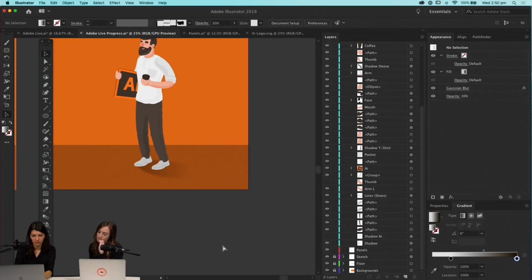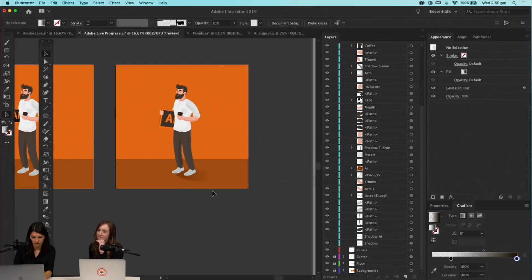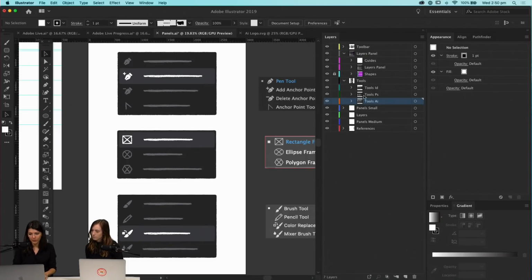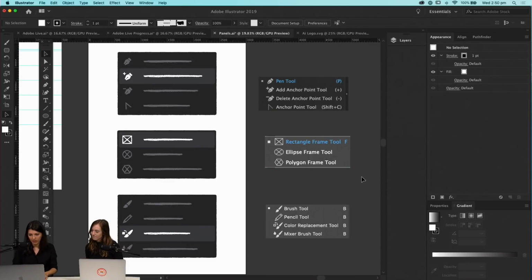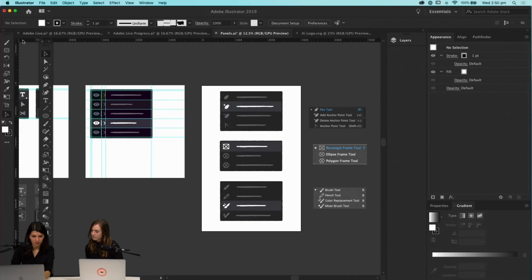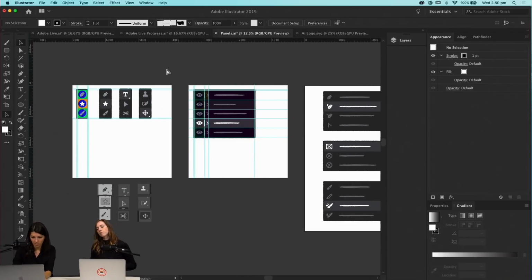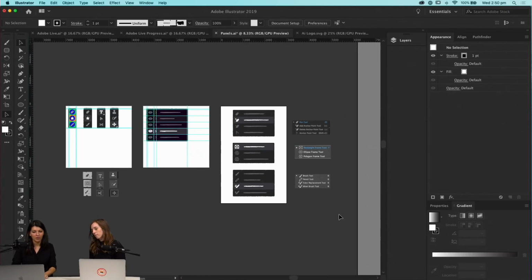There we go. This is what our character is going to look like. So now we've got the character ready, but we also need to add the panels. Here we go. That's a little bit of the process. Okay, so to create the panels, I just